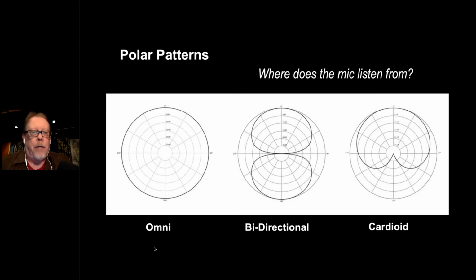Bidirectional is very misunderstood, and I want to tell you something that's really good about the bidirectional mic in the home environment. A bidirectional mic is also called figure 8, and it picks up on either side equally. However, if something enters the microphone from both sides, let's say there's a fan noise or an air conditioner or some kind of ambient noise in the room,